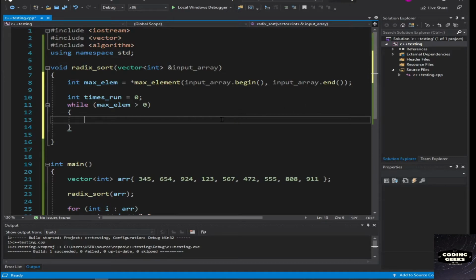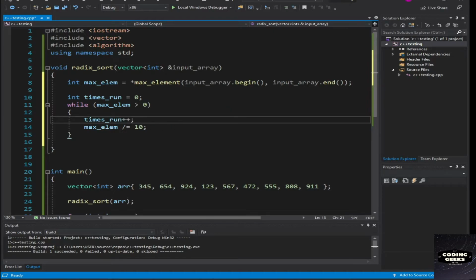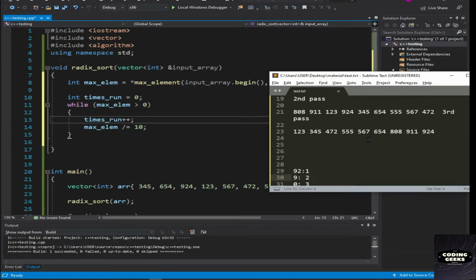There are different ways of finding this. You can always convert this to a string and find it, but this way, according to me, is faster. What I'm basically doing is dividing it in a loop by 10 and then incrementing times run. So what this does, let me show an example. For example, if I have a number like